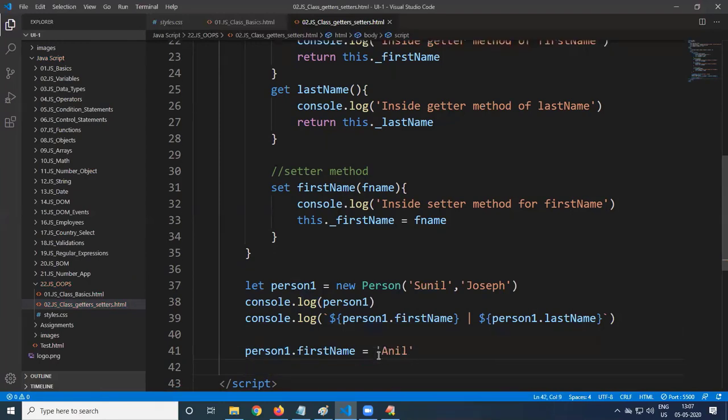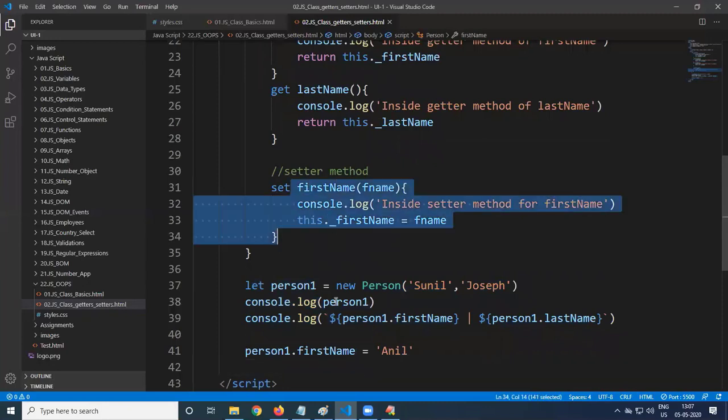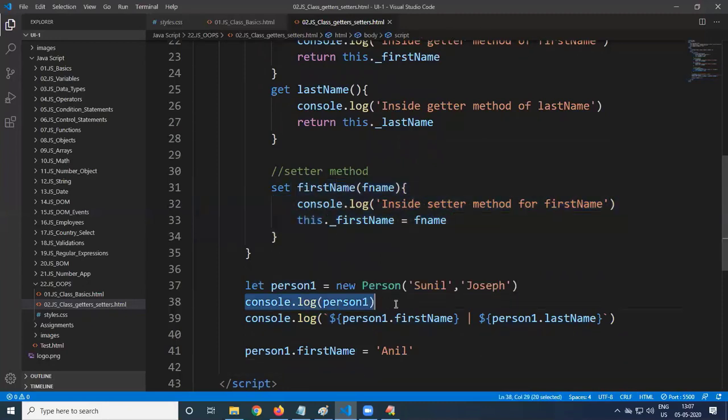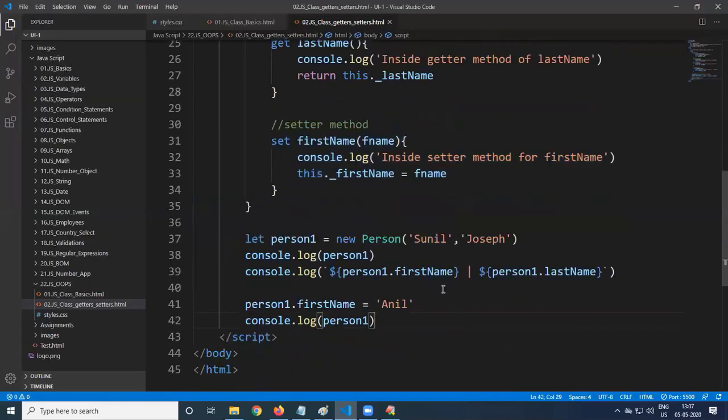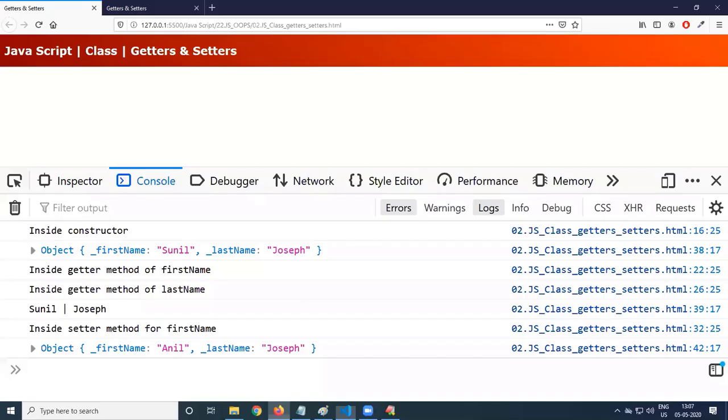At this time, what will happen? It will call the setter method. Then after that, if you display console.log of person1, underscore first name is changed to Anil, and the last name is still Joseph only. Inside the setter method of first name, the value Sunil is replaced with Anil.